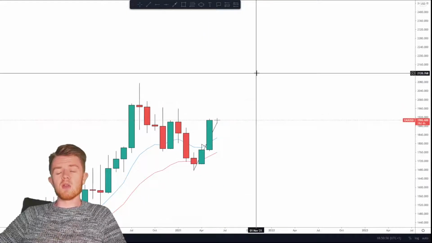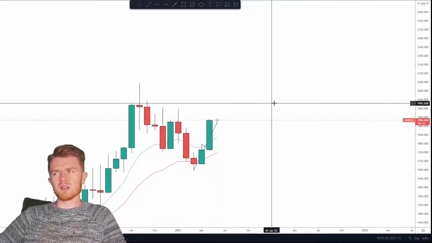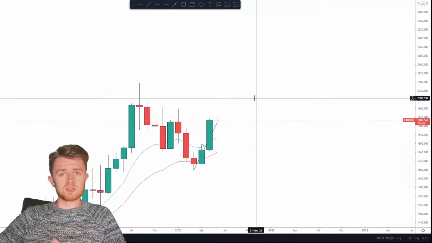I do think that overall long term gold will store a lot of its value, and it will hold a lot of its value. So it's important to understand where you want to be aiming for when it comes to placing your margin trades on a much shorter term time frame. If you're holding a trade for 1 to 3 days, or even 1 week or 2 or even 3 weeks,